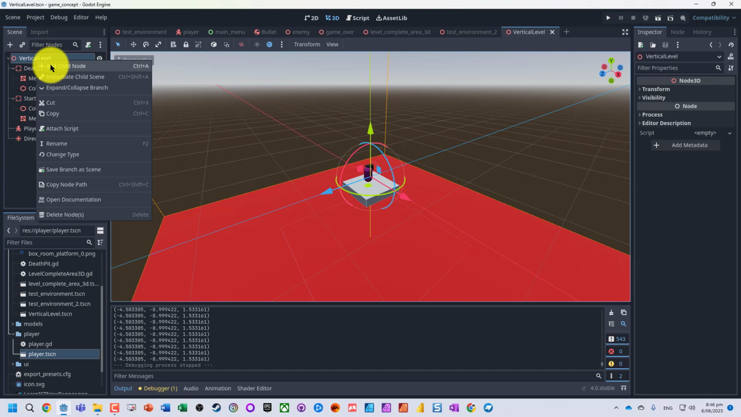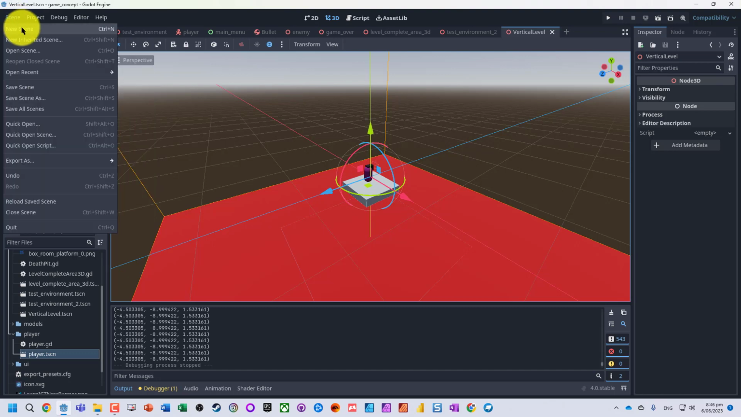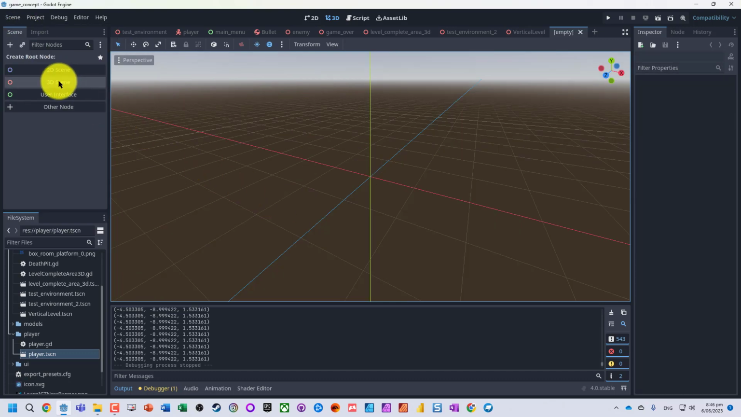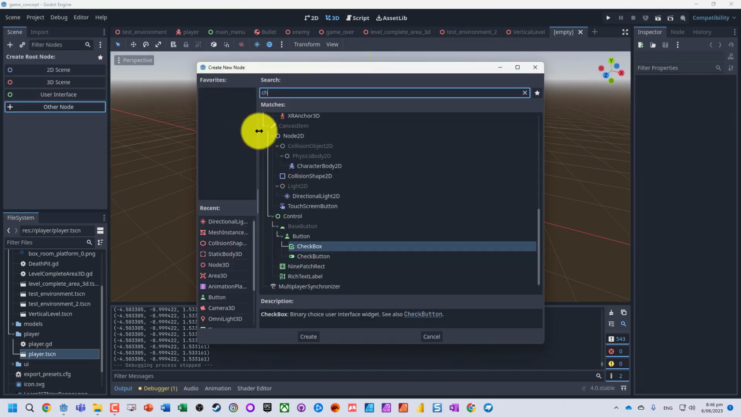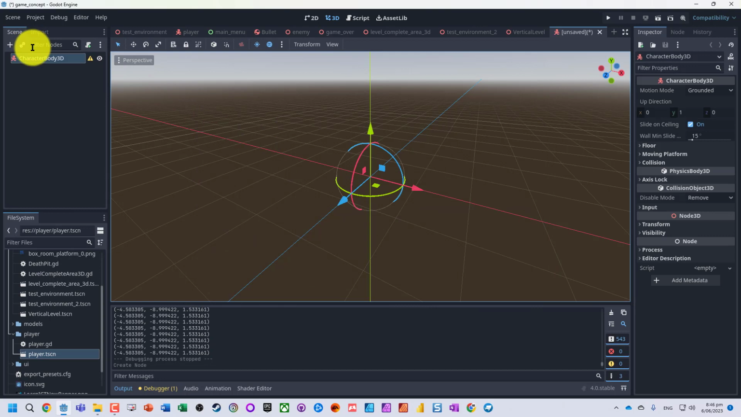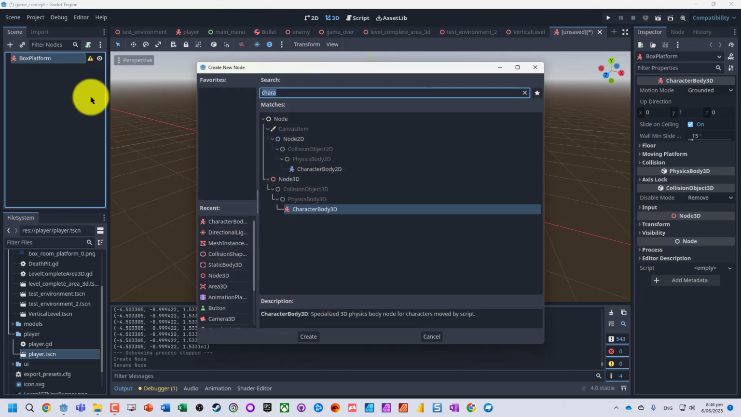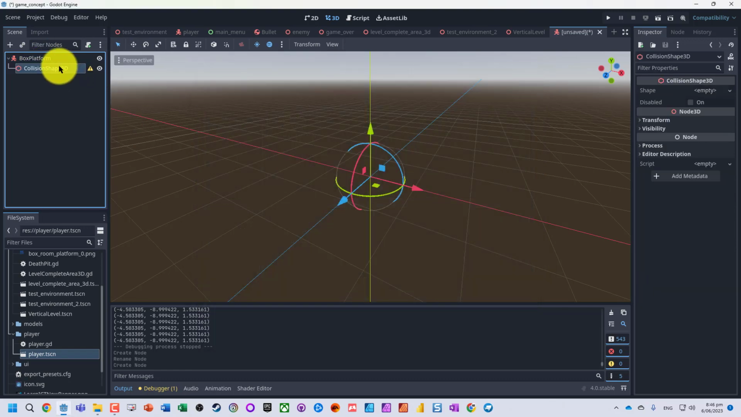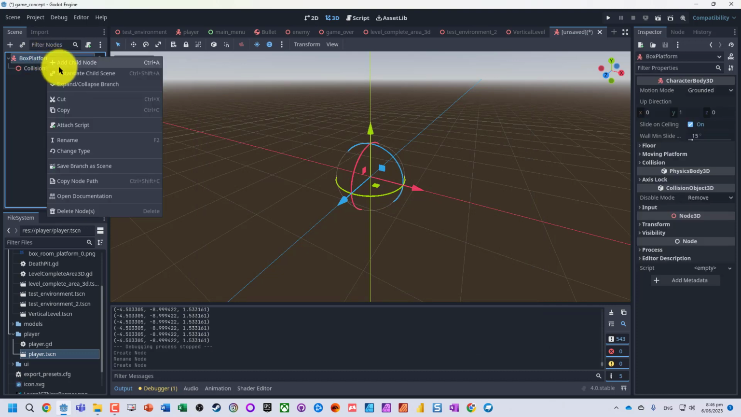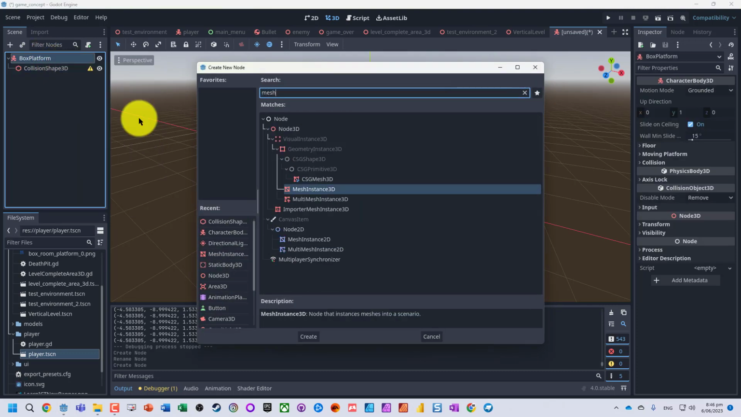So we're just going to create that object. So I'm just going to make a new scene with another node, and I'm actually just going to use a CharacterBody 3D, and we'll just add it as a box platform, and as usual, collision shape 3D and a mesh instance,